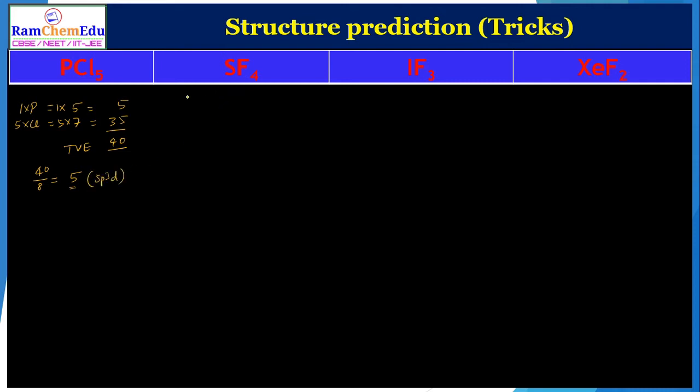And for SF4, as usual, we have one sulfur atom and 4 fluorine atoms. So this is equal to 1 into 6, and here 4 into 7. So this is equal to 6 and this is equal to 28. Therefore this is equal to 34. That is the total valence electrons. Since the total valence electrons is greater than or equal to 8, we divide this 34 by 8. Once we divide by 8, we get 8 4s are 32, and the remainder will be 2. Whenever you get some remainder, you consider the first quotient, and this is the first remainder.